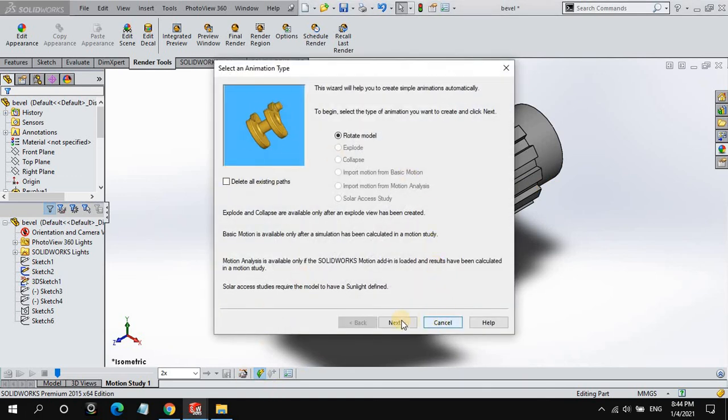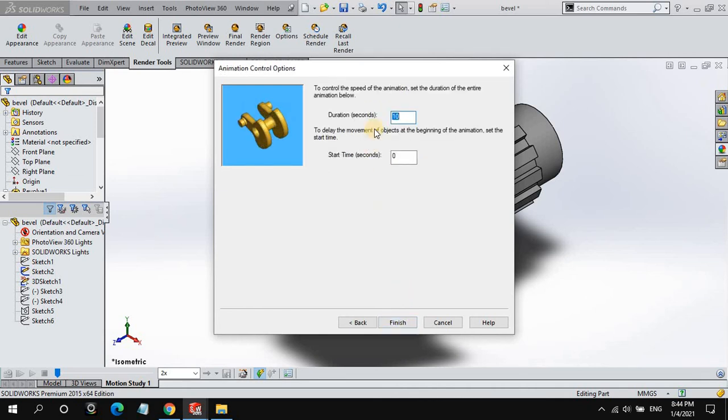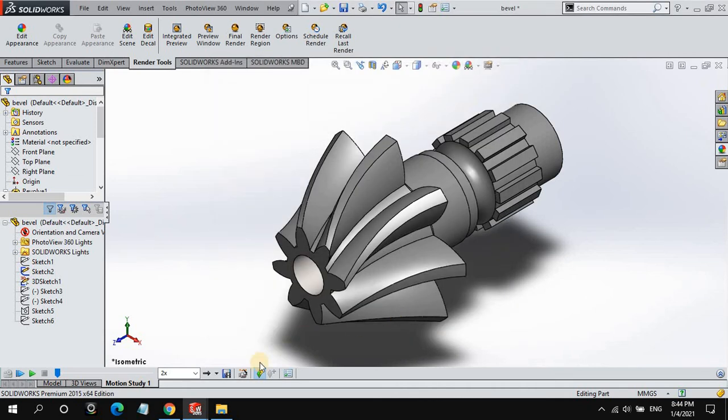Which axis do you want to rotate about, x axis or y axis? I want to rotate on the y axis, number of rotations 1, clockwise. Next, duration 10 seconds, finish.